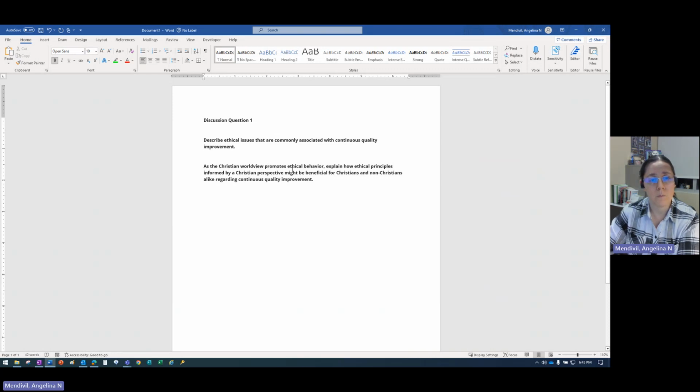Then the next header: as a Christian worldview promotes ethical behavior, explain how ethical principles informed by a Christian perspective might be beneficial for Christians and non-Christians alike regarding continuous quality improvement. Okay, so that's a very long sentence. However, it's only one element. So we're going to type up our sentence here.